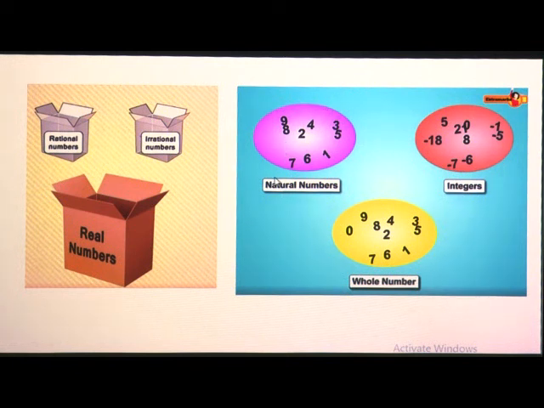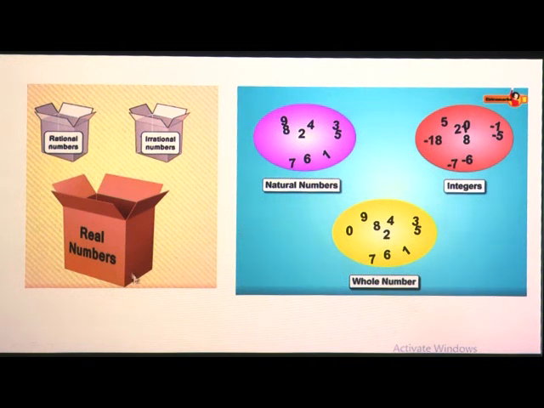Just again we will see what the natural numbers are. They are nothing but 1, 2, 3, 4, 5, 6, 7, 8 and 9. These are all natural numbers. And integers, here it is given as minus 6, minus 7, minus 1, minus 8, minus 18, 5, 2, 1, 0. Means in the integers we have positive integers as well as negative integers. Now whole numbers include 0, 1, 2, 3, 4, 5, 6, 7, 8, 9 and so on. So we now know natural numbers, integers and whole numbers.